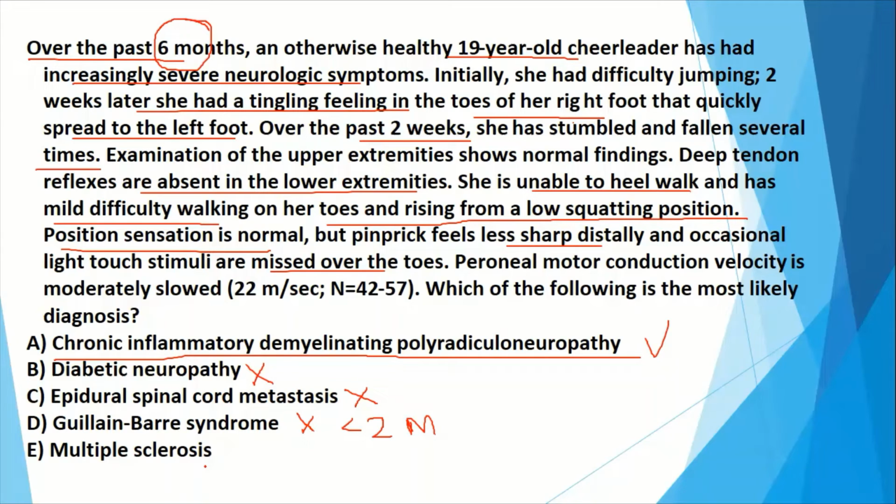So for example, initially that lady developed a weakness of the left foot or left whole lower limb, and then after some time it resolves